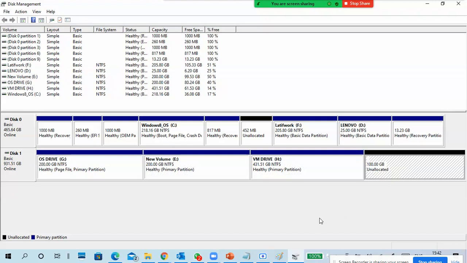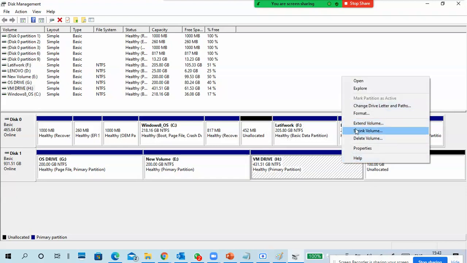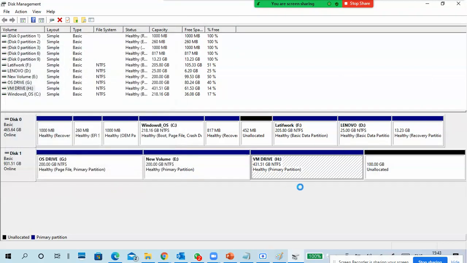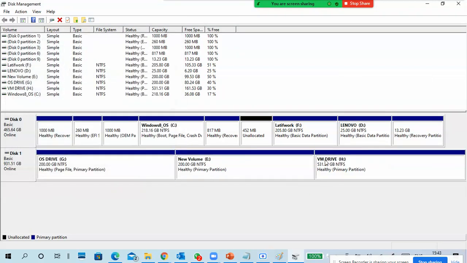Because it should be adjacent and should be on this side only, not this side also. So compulsory this side, to this one we are able to add it here, but this cannot be added to F drive. So extended. Now it has become 500 GB.